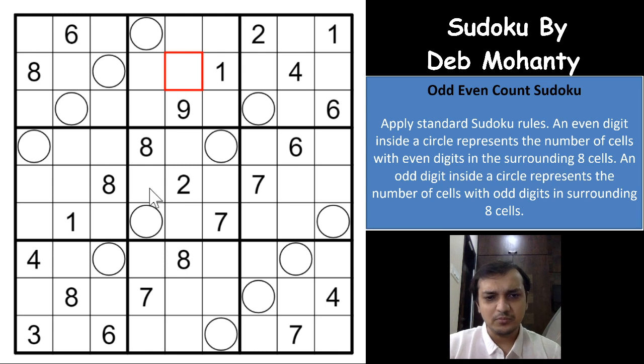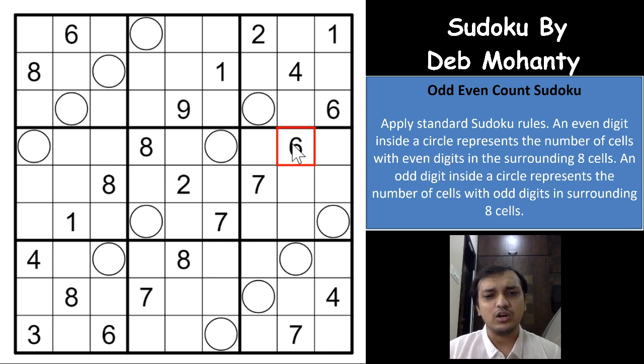And if you see the theme, such a great theme. This is 12 circles, all diagonally placed, right? Superb. And there is no negative constraint here. By negative constraint, I mean you might have some cells without circles which have the property that if this is a 6, there are 6 even digits surrounding the cell. So there is no negative constraint. We only have to look at the circle cells here, right? And with that, we'll start solving this Sudoku.